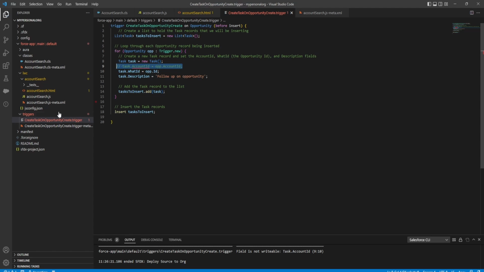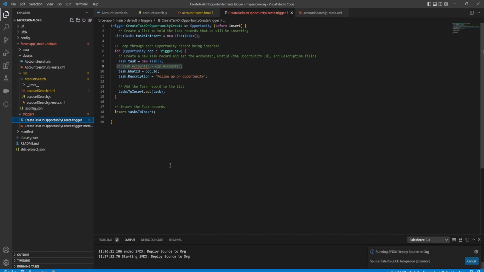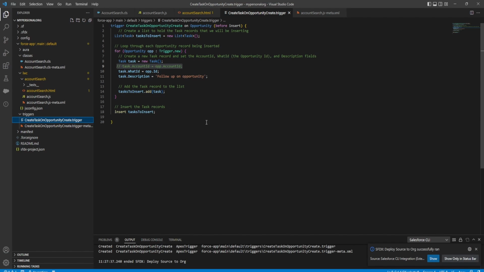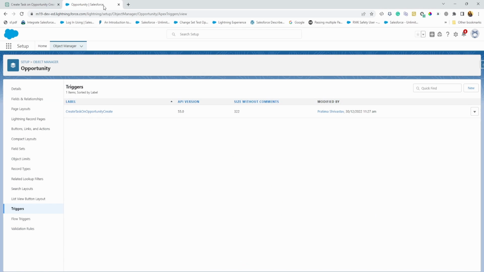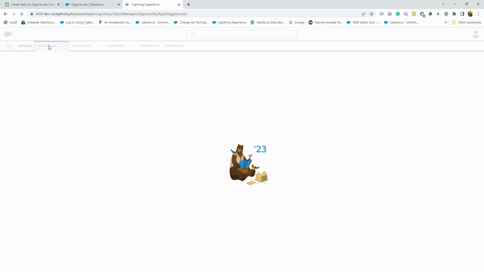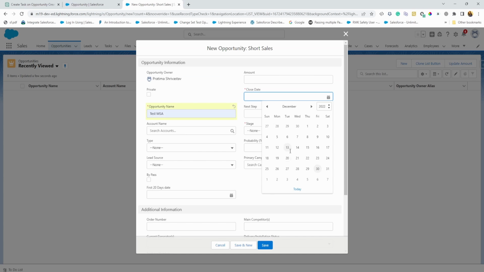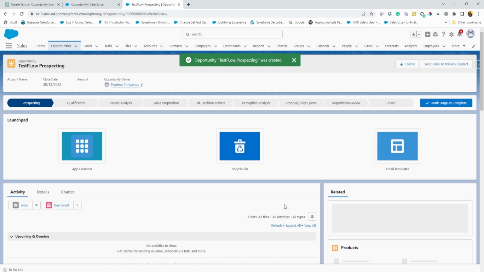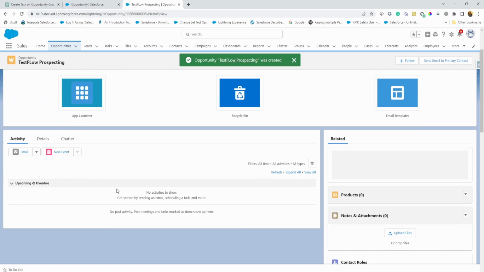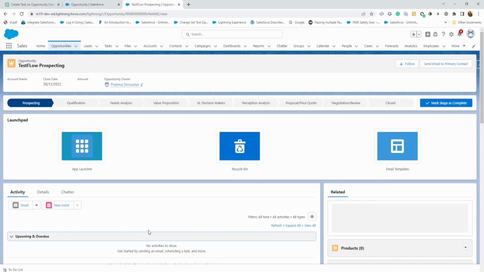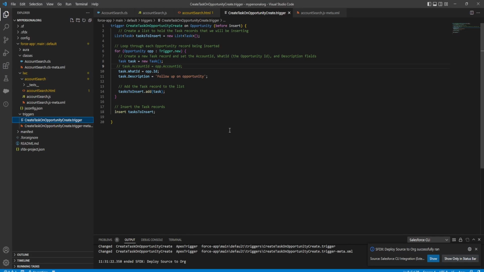I'm just gonna save this and try to redeploy. And let's see. Okay, that is successfully deployed. Now going to the opportunity and actually testing it out again. Save it. All right, so that is my opportunity. Is the task created? I don't see a task being created, and the reason could be that it's using a before insert. I'm going to change this to after insert